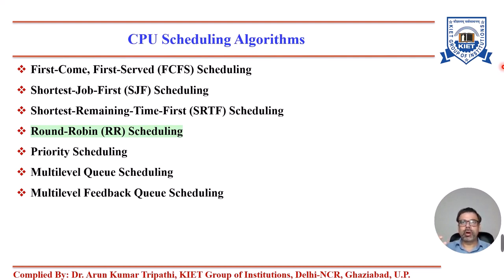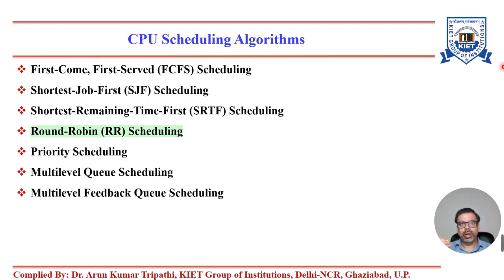must leave the processor, or we can say voluntarily. Otherwise, the processor will be snatched from the process forcefully, not voluntarily. So either the process can leave the processor voluntarily. For example, a process has a burst time of 2 milliseconds and the processor is allocated a time quantum of 4 milliseconds. Since after 2 milliseconds the process will get over, it completes its execution, so it will voluntarily release